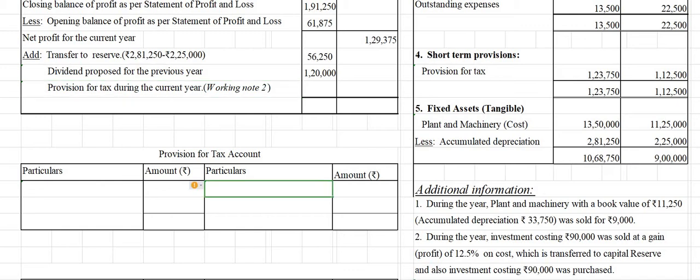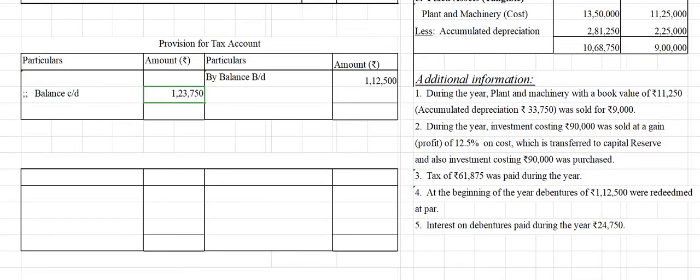we can see. So opening balance of provision for tax will be written on the credit side. Its amount we know. Provision for tax opening balance 1,12,500. It is there in the balance sheet, notes to account. So that can be written first: 1,12,500. Then closing balance will be written on the debit side as the last item. So what it is, 1,23,750. Okay. Now here in this case, adjustments, it is given that tax of rupees